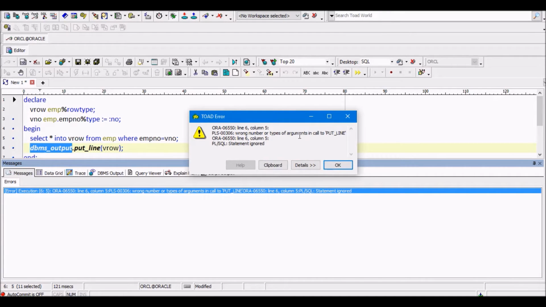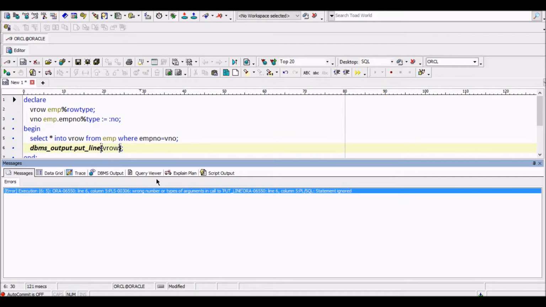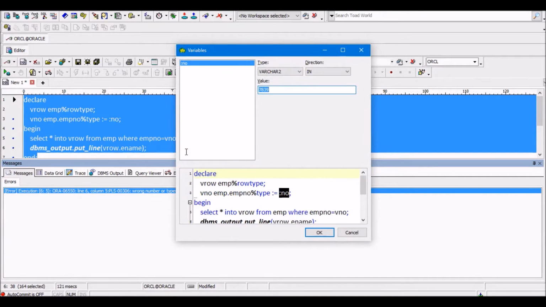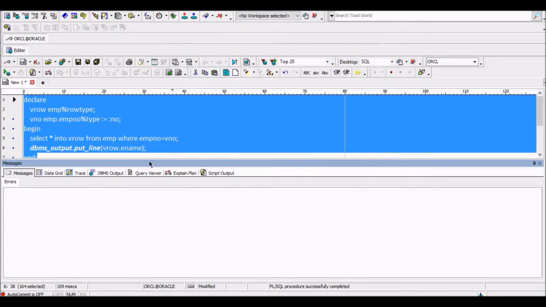Wrong number or types of arguments in put_line. Why is this? v_row will store all the column data types. Now we have to display each column, so we are using v_row dot ename. Now see here, it will display that column value.